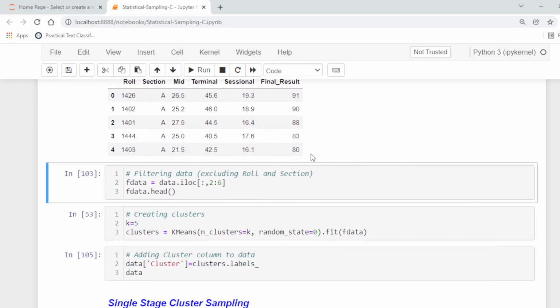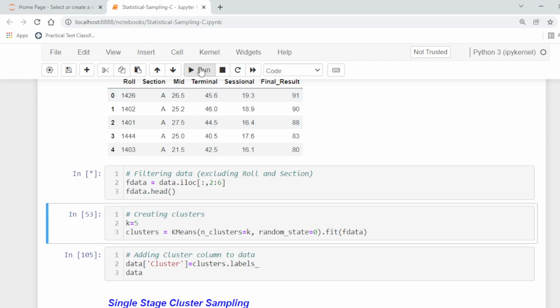Now filtering data, excluding row and sections. We are only selecting the last four columns for creating the clusters. So this is the filtered data.